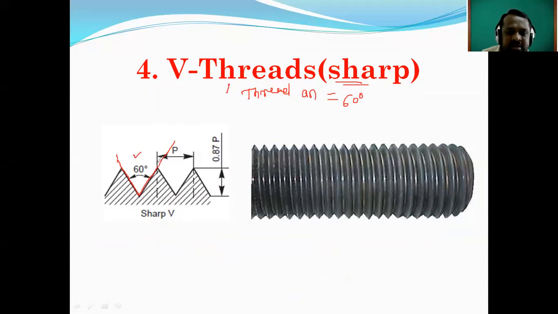And now see what is the application of that thread? What is the application of that V thread? Whatever common nut and bolts you know, that common nut and bolts are there,